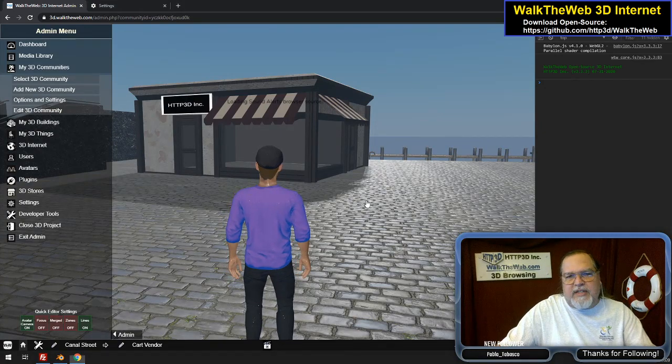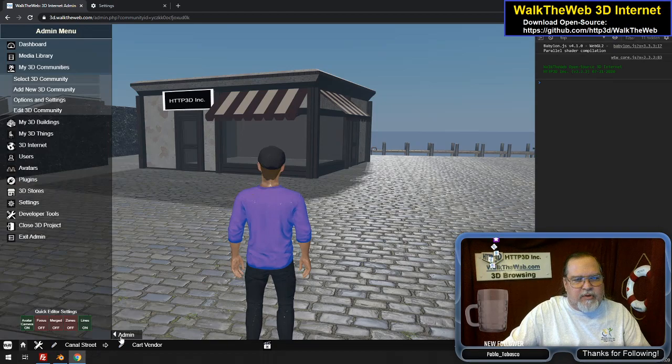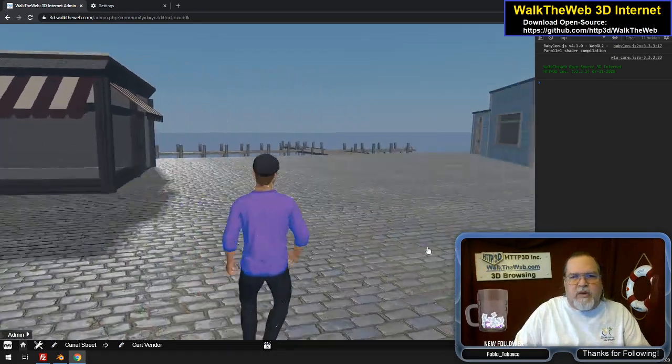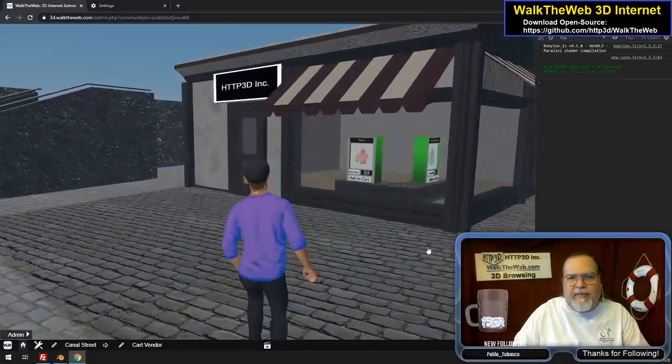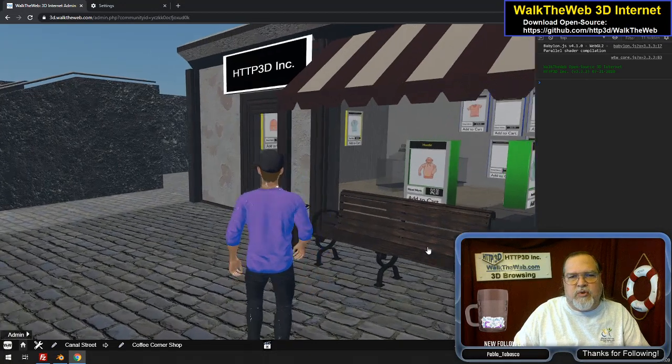So let me start off by showing you. Okay, so this is what I'm talking about. First of all, this is Walk the Web, and I'm in admin mode, so you'll have to pardon the admin menu here. But okay, so when I walk around, I can walk around in the different scenes, and as I walk up on things, notice there's store products in there. I have this attached to a